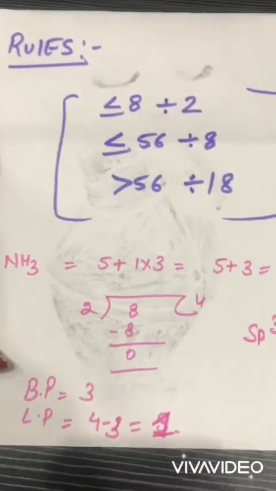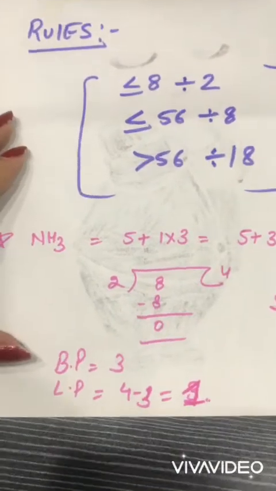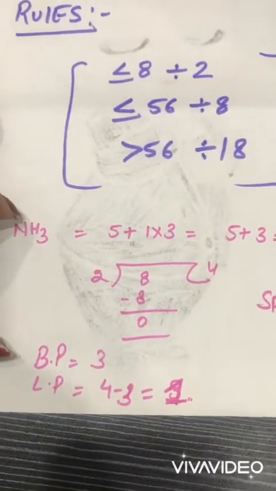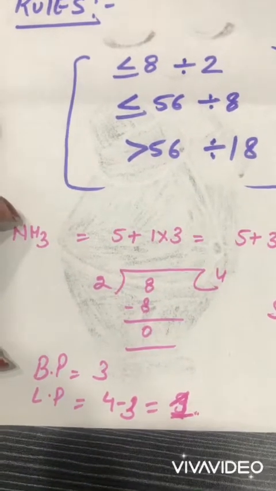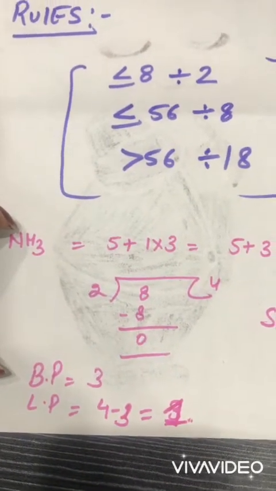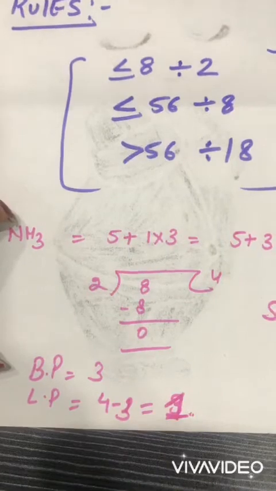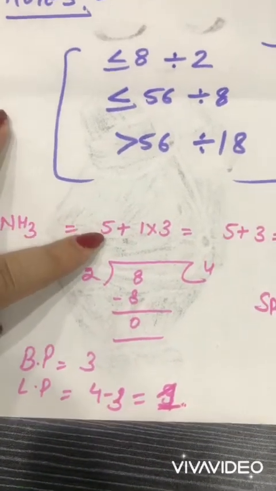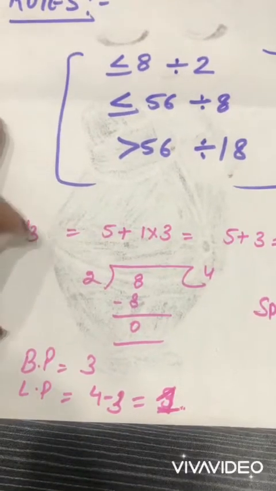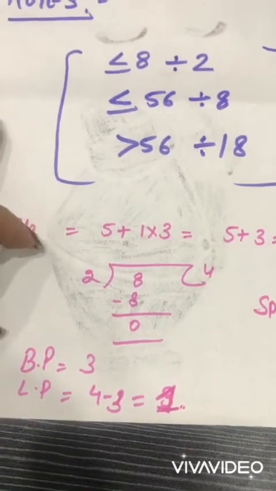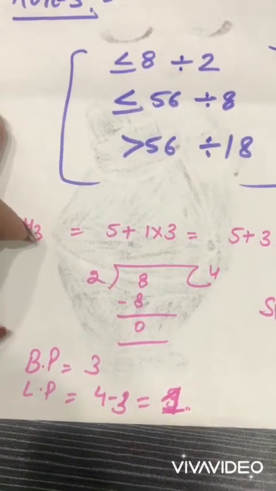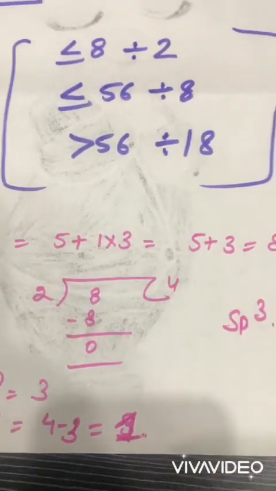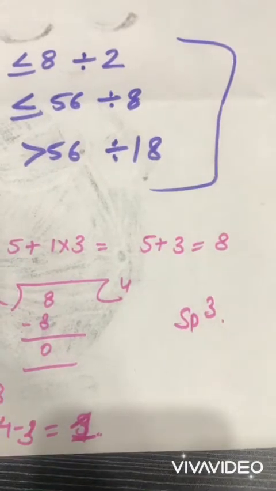So let's take one more interesting example of ammonia, which means NH3. So what is the atomic number for nitrogen? As you know, it's 7. So what is the valence electron? It's 2, 5. So 5 is the valence electron. For hydrogen it is 1, but the number of atoms of hydrogen is 3 here, so multiply by 3. 5 plus 1 into 3 gives 8.